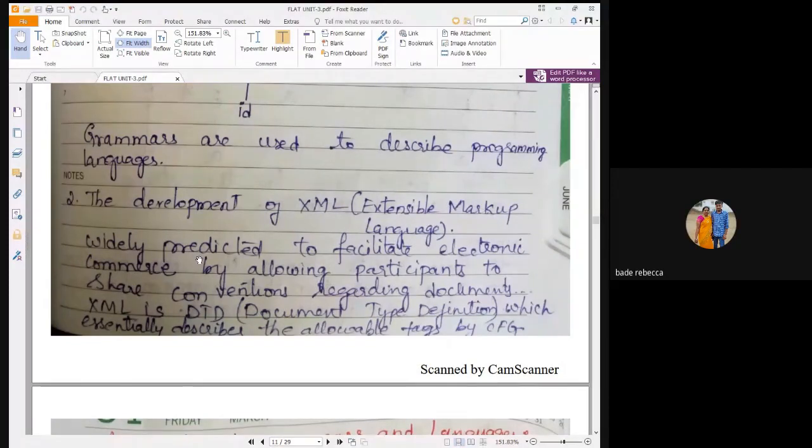Okay. Now, in this class we have covered sentential forms, parse trees, properties of parse trees, and applications of context-free grammar. Any doubts in this topic? Sentential form: if we are taking the leftmost derivation, the sentential form for the leftmost derivation is the left sentential form.